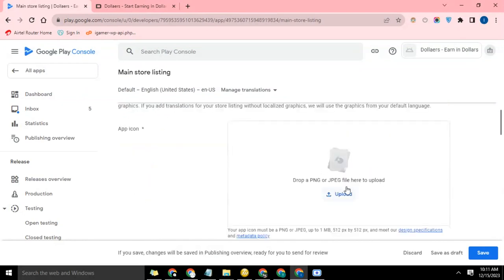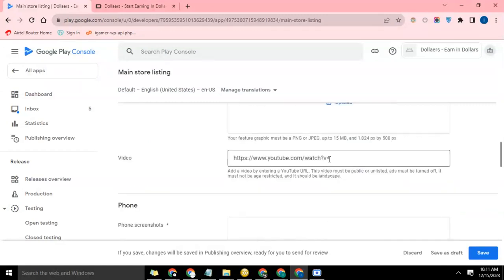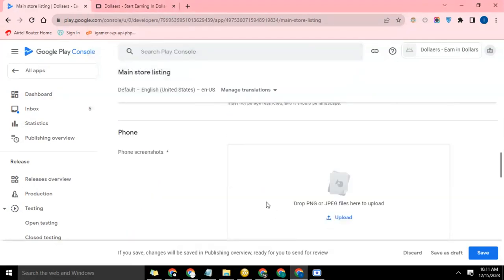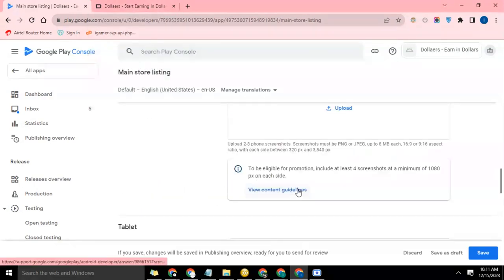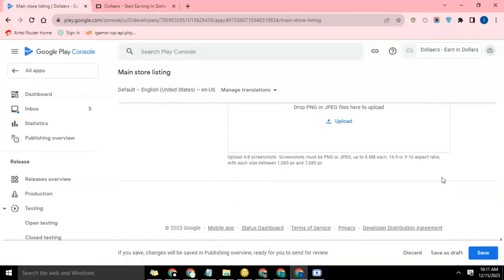So graphics, like the screenshots of the app, how it looks like. Video, a video that explains how it works and all that. We want to provide a video, then phone screenshots, tablet screenshots, 10-inch, Chromebook, so on and so forth. Then lastly, save. So guys, that's basically how to